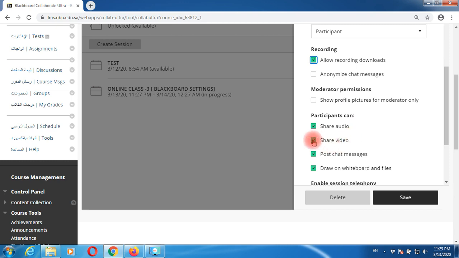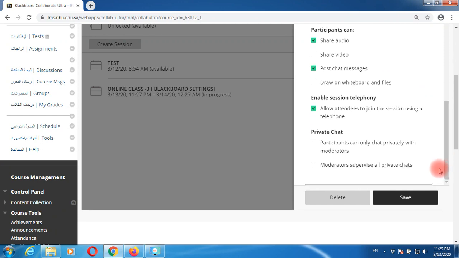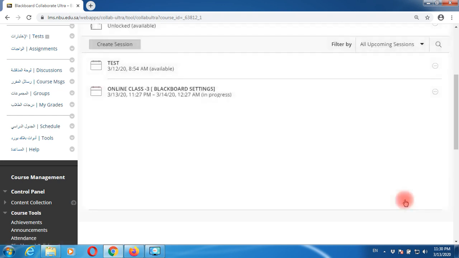And simply uncheck the box share video and draw on whiteboards and files. These are the 2 boxes you need to uncheck, and then scroll down and simply save the session. That's it. So these are the only few settings you are making changes to for creating your session on Blackboard. So once your session gets created,